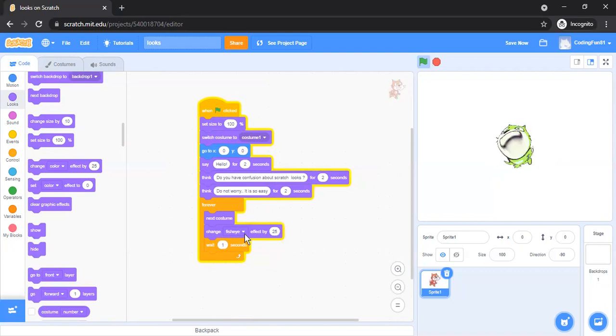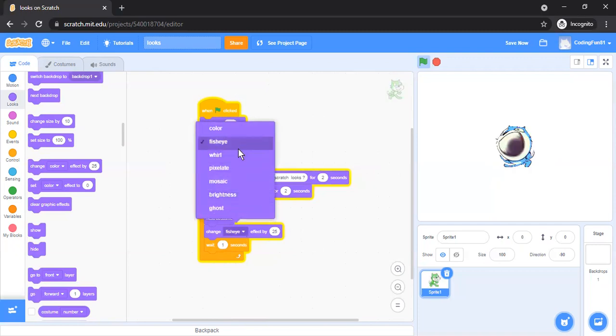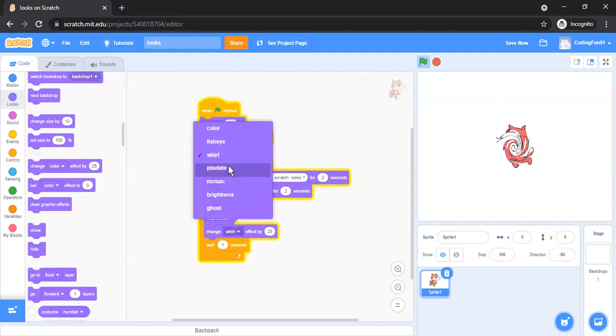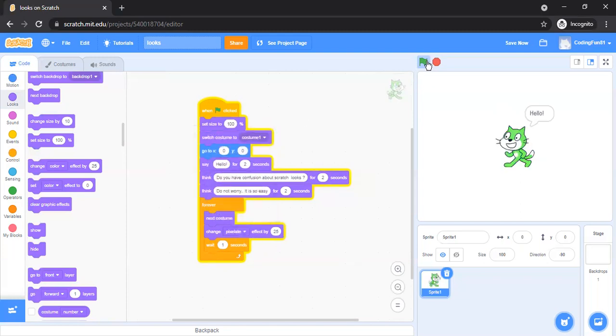Isn't it very interesting? Now let's change this one with Whirl and see. Oh my god, what is happening with it? This is Whirl. See, what's wrong with this cat? Next, I'll be showing you Pixelate, and now see.